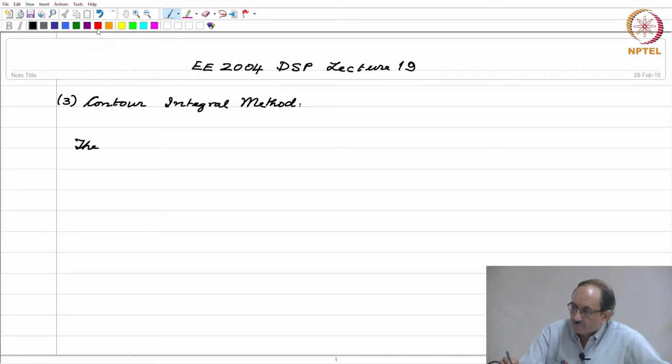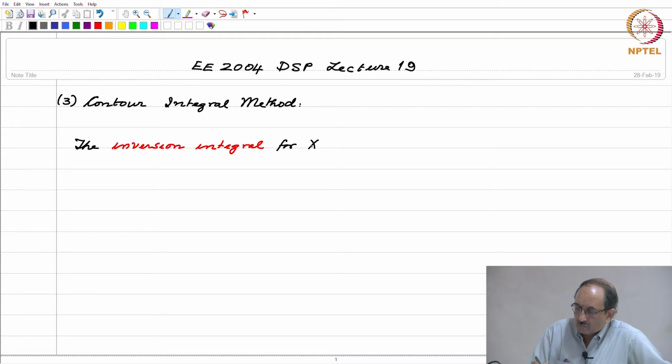Let's briefly recap the inversion integral. It is given by x of n is 1 over 2 pi j